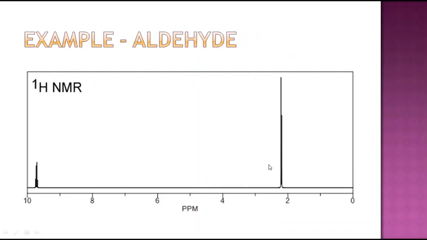This is another signal, the CH signal present in an aldehyde. This is the spectrum of acetaldehyde. The CH3 remains here, but the CHO, the hydrogen present in the carbonyl of the aldehyde, gives a signal close to 10, right? These are all some examples of chemical shift. The chemical shift depends on the nature of atoms and the nature of the electron cloud, which pulls the signal downfield.